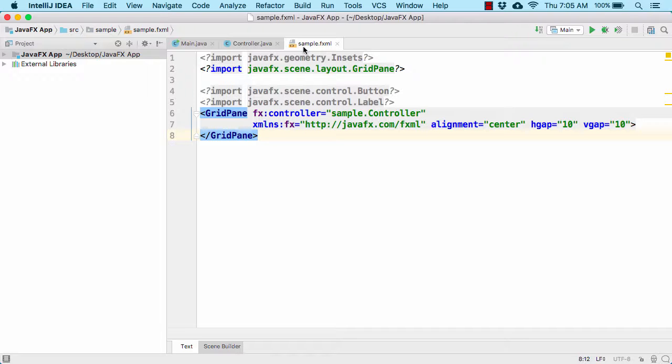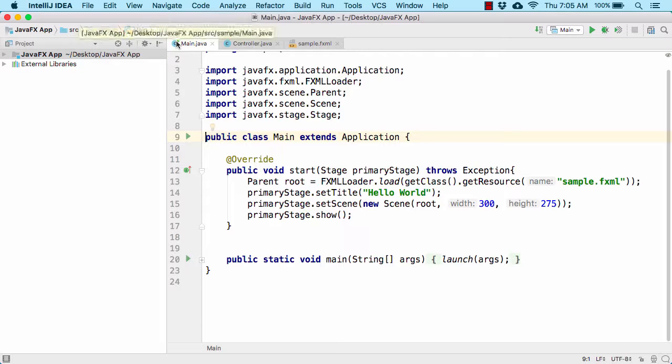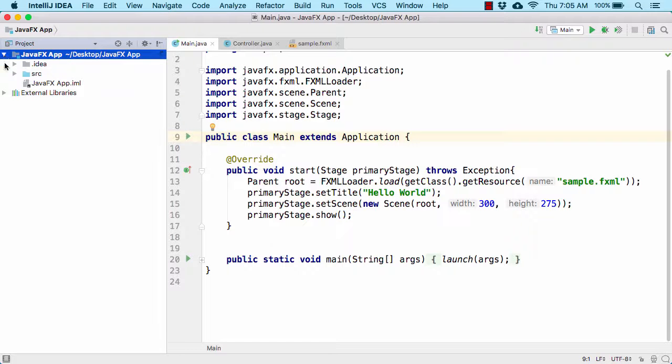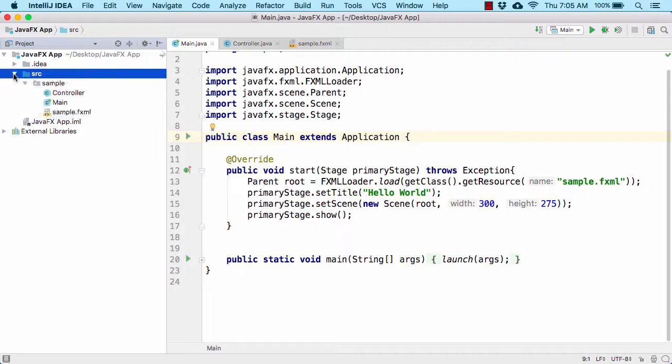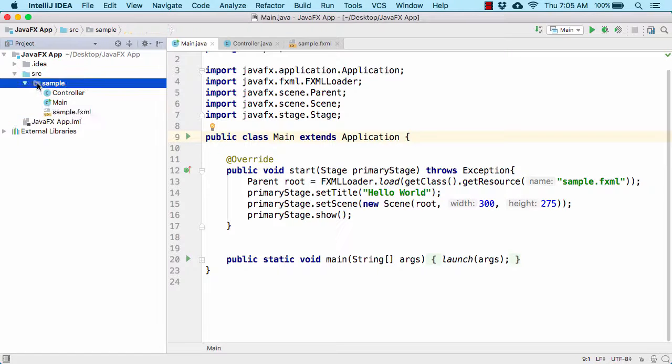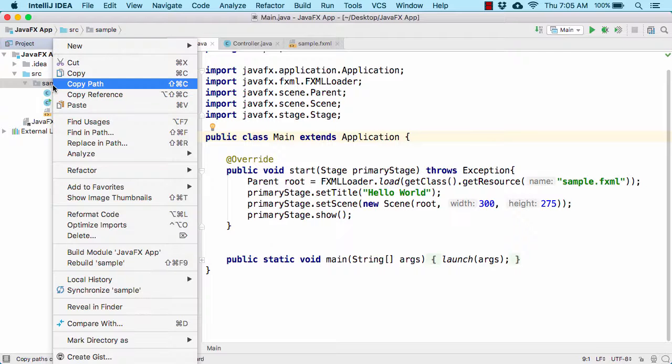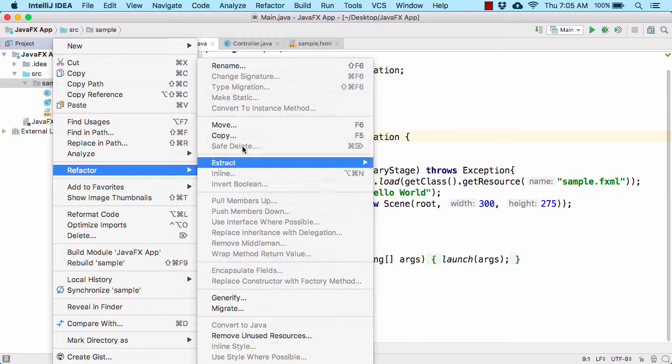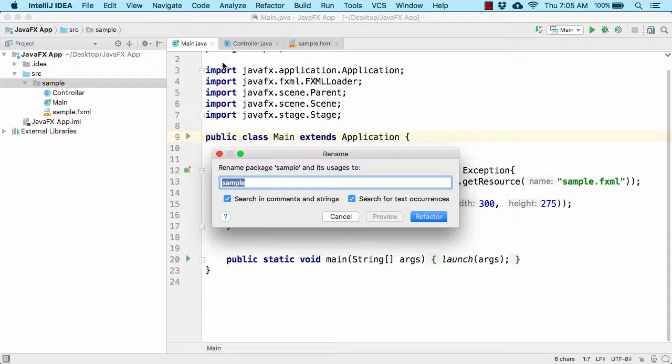Now please don't worry about what these files stand for. Currently, let us focus on our JavaFX application, expand it, go to source, and there you will find the sample package, within which we have controller, main, and sample.fxml file. Now our first step will be to refactor our package name, because as per the convention, our package name should always be unique in the whole world. So I will right click, go to refactor and rename it, and call it